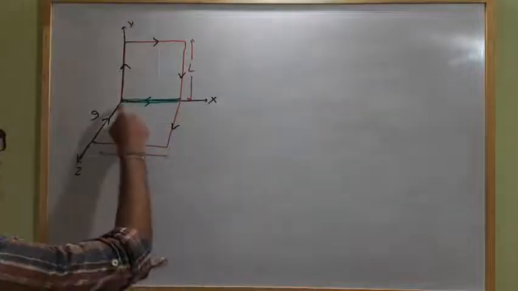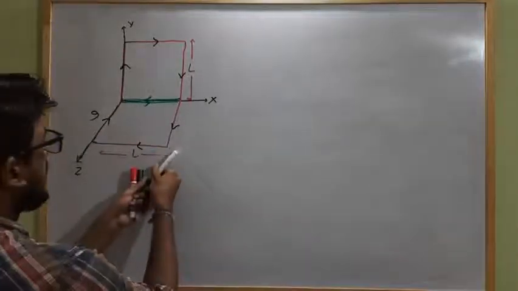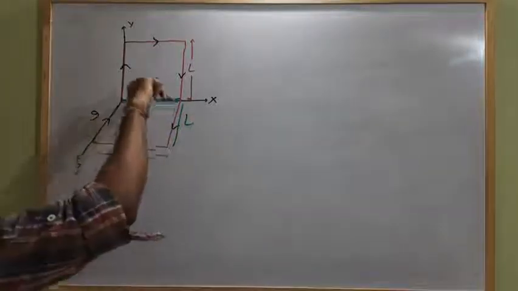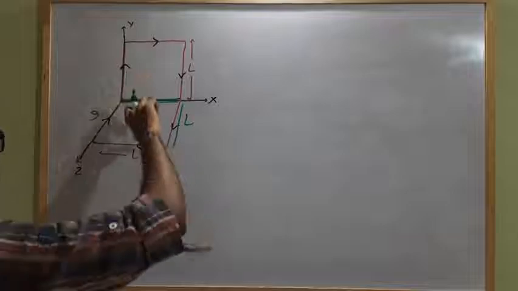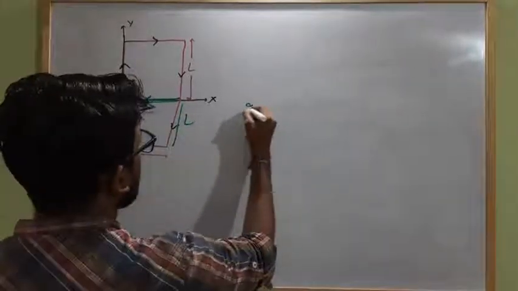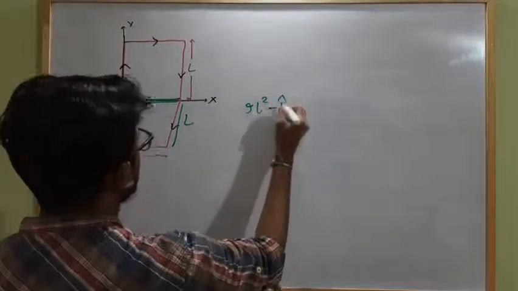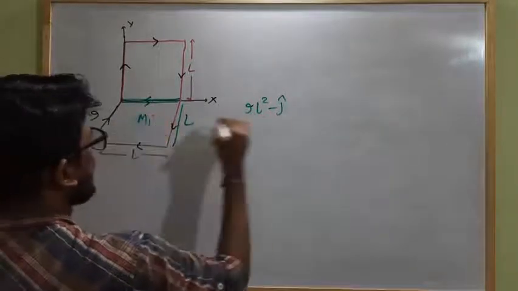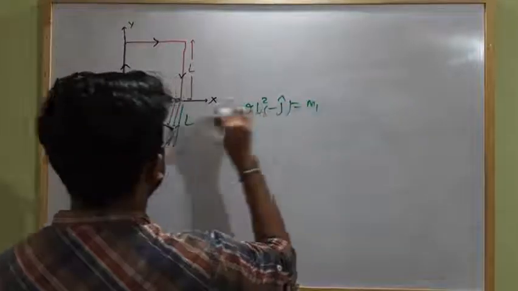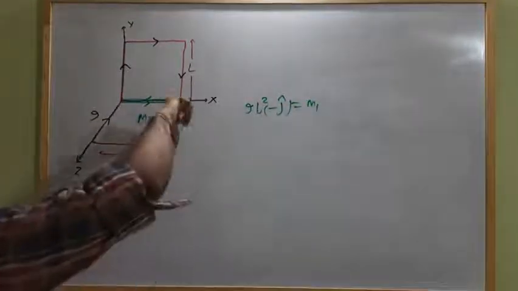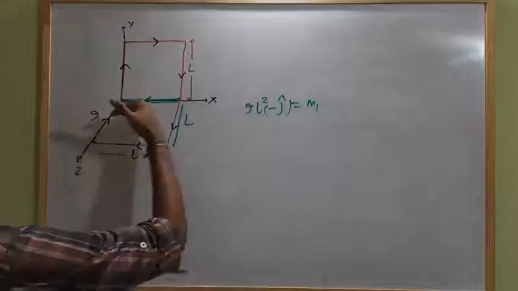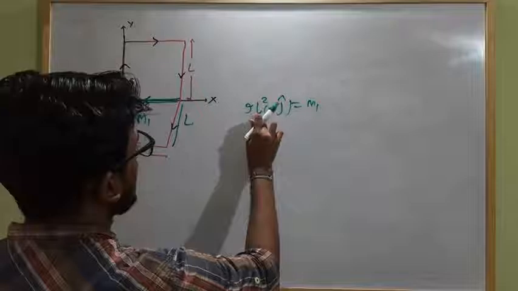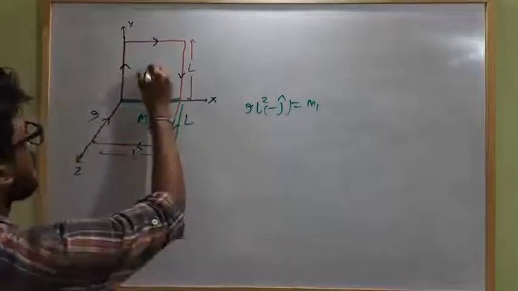So for this loop we can calculate, if this is L, this is also L, and its direction will be either this direction or this direction. As this is in the XY plane, it will be minus j cap. So it will be I L square minus j cap. Then this will be M1. Because current moves like this, I am rolling my figure like this, so this is in this plane. This will be in the minus j cap direction, the Y axis. So it will be I L square minus j cap, M1.